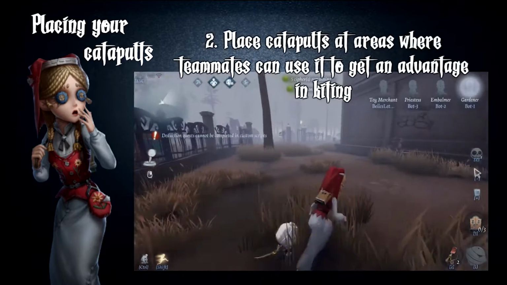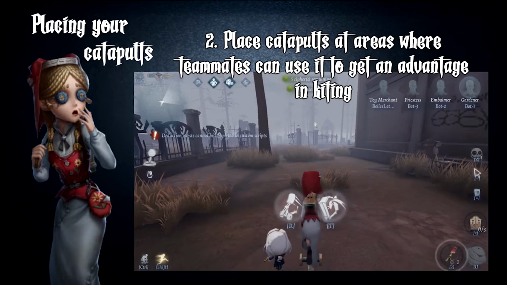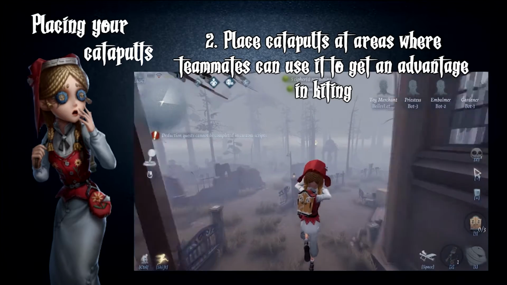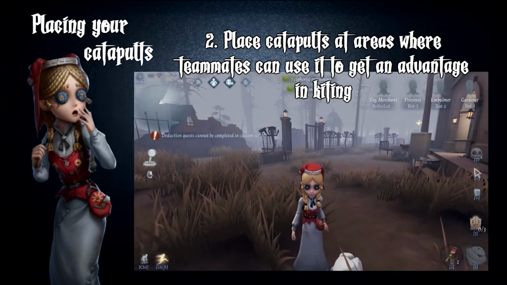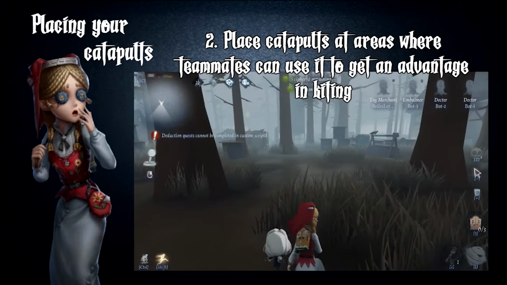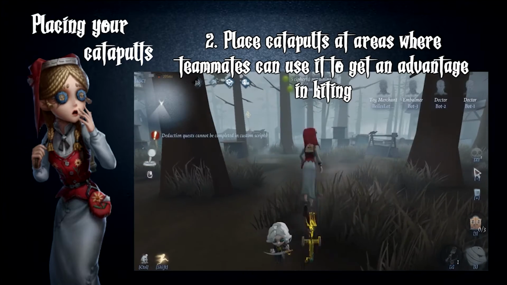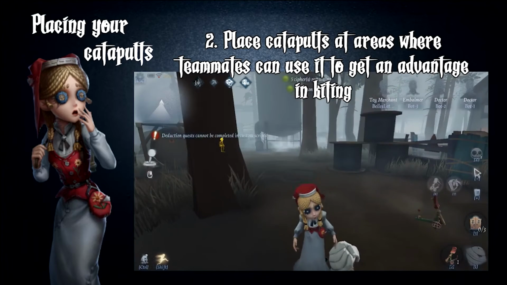Place catapults at areas where teammates can use it to get an advantage in kiting. I've met some toy merchants who like to put their catapults at open areas. While Annie players can put a distance between themselves and the hunter using their gliders, this is not the case for other teammates. Putting catapults at places where teammates will land at an open area will usually not give them